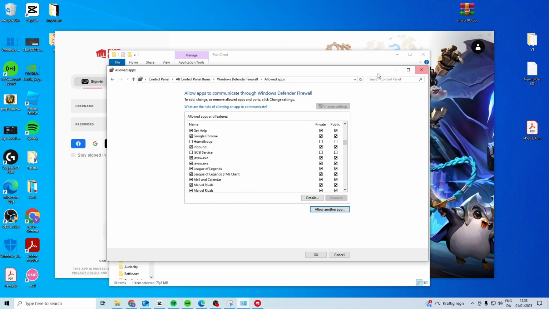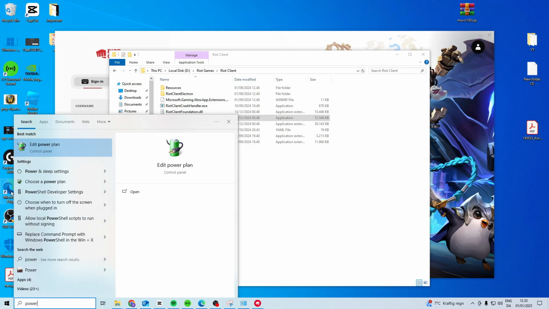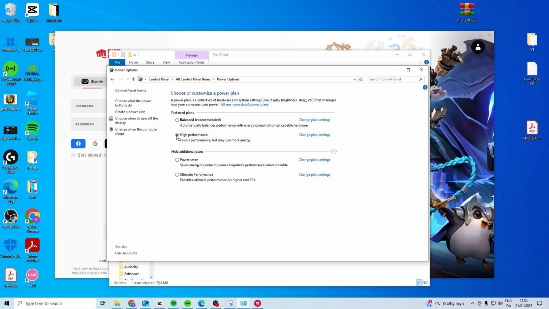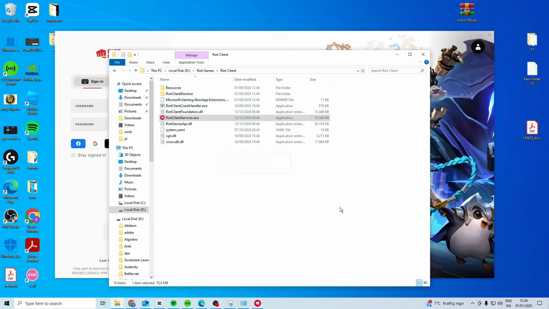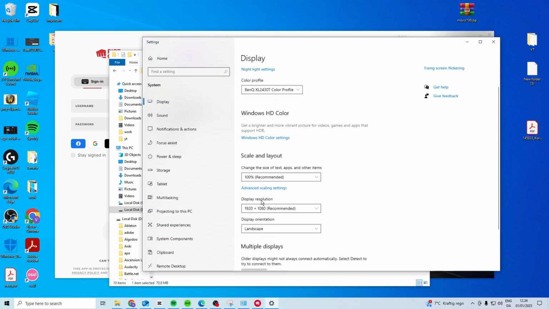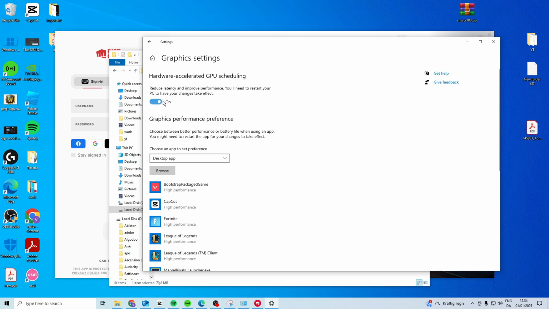So what you can do is close this like this, and then what we want to do is search for power options, the power plan. Come into power options, make sure you choose high performance, close it down again. If you don't see the high performance, there should be a little drop down arrow in there that you can press on. Then right click on your desktop, display settings, go to graphics settings, enable hardware accelerated GPU, and then